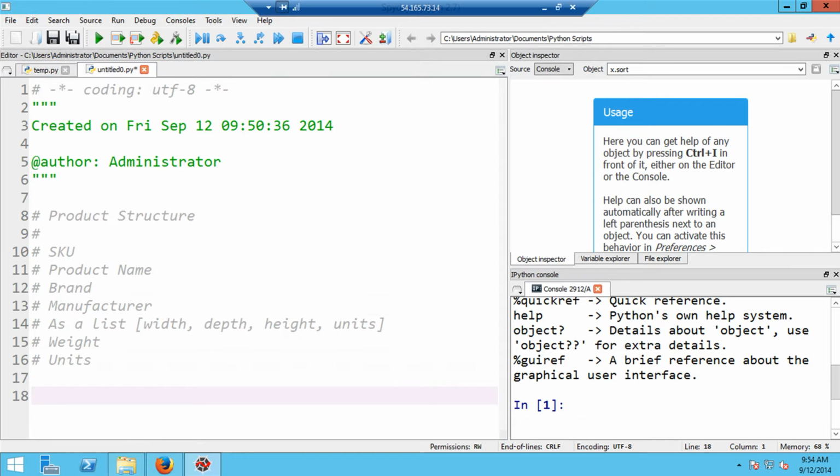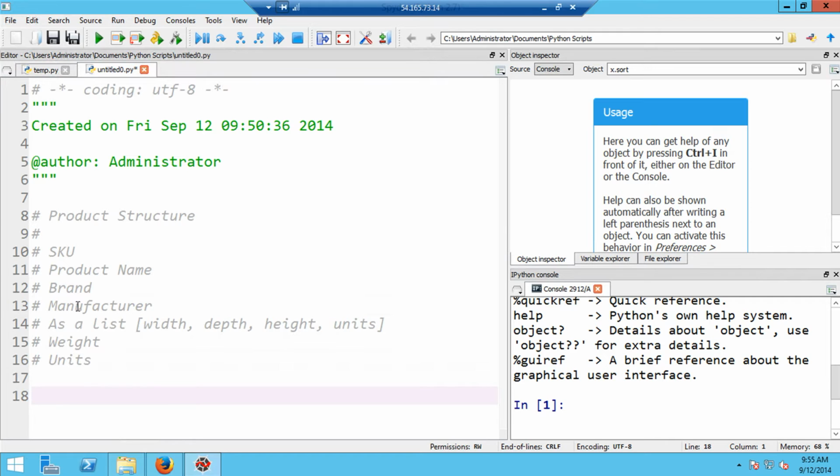In this video, I'm going to continue our example of creating objects that correspond to products in a grocery store. In particular, we were thinking that every product had at least the following information. The SKU, which is the shopkeeping unit, which is how the store tracks the product. The product will have a name, it will have a brand, it will have a manufacturer, and then if we're